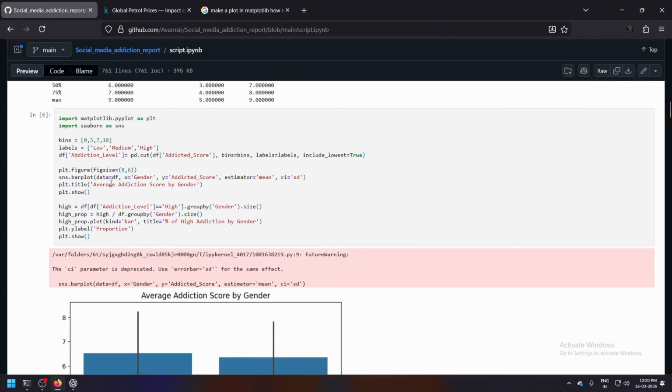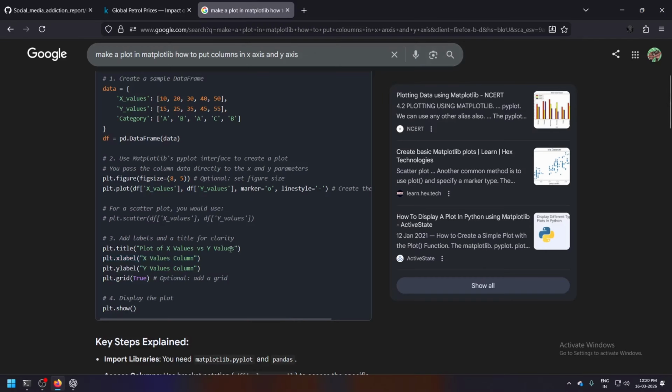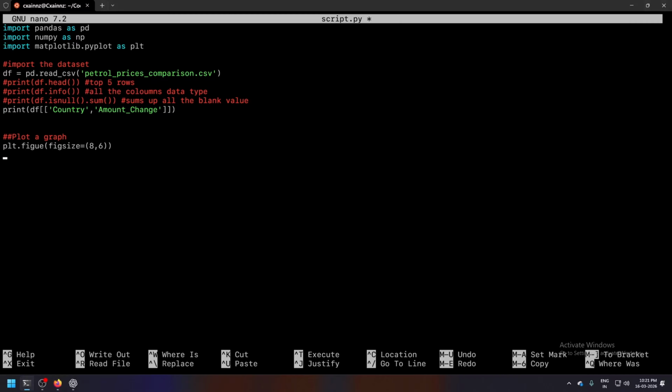So what I was thinking is X equals the gender, that is the column's name, Y equals score. So this is basically the labeling part. But this is how I had to make it. Basically the first one is the x-axis value, the second one is the y-axis value. So I will just copy paste this line and paste it here. You can change the markers and stuff.